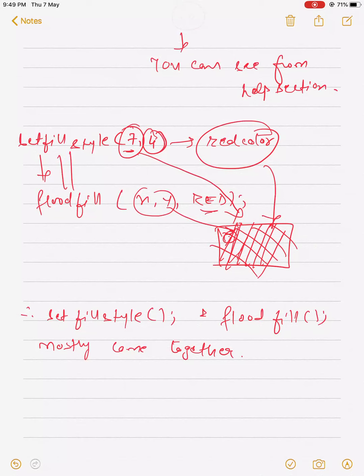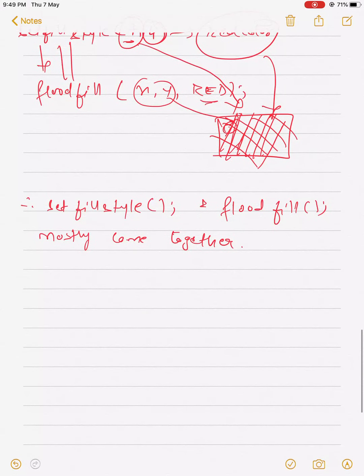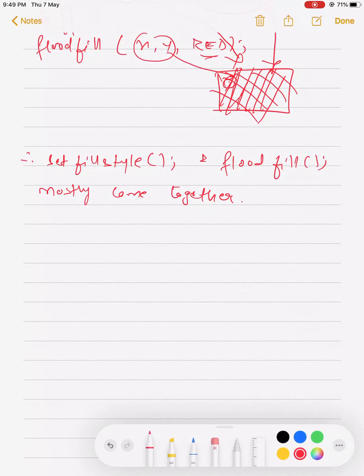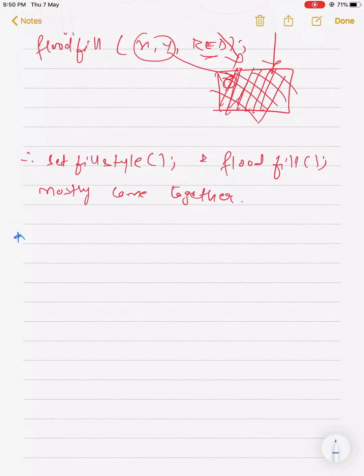Now I will give you one example. I will write one program in which we'll see how to make a rectangle and how to color it. Draw rectangle.